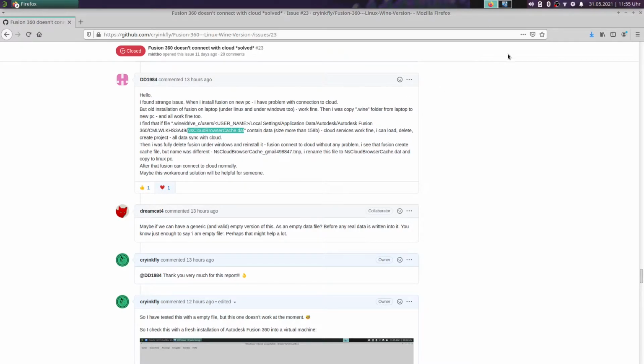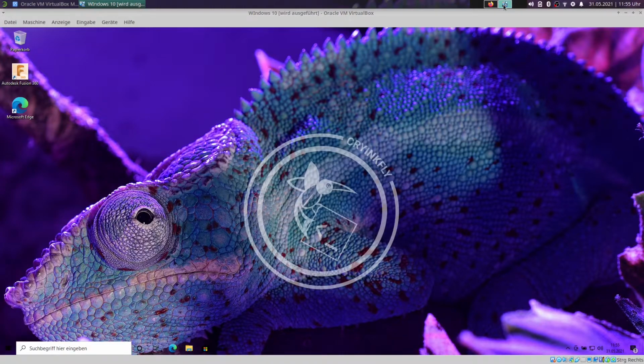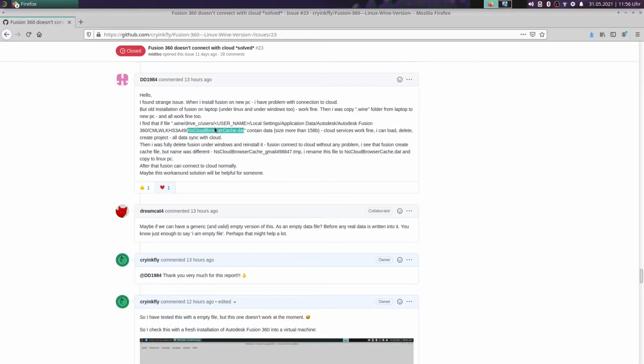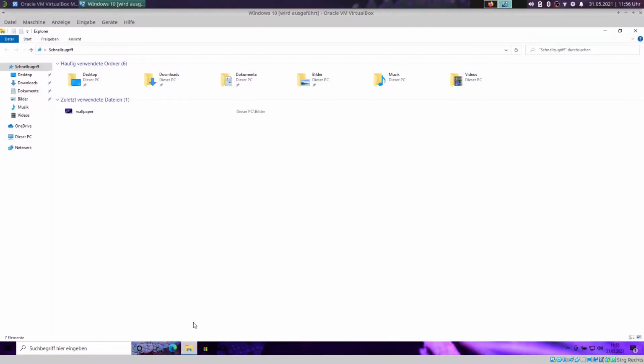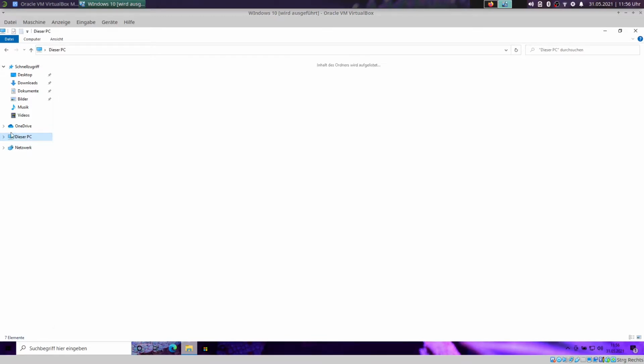I change my workspace to this one, and here you can see that I have installed Windows in a virtual machine, and I have installed Autodesk Fusion 360. When you have logged in to Autodesk Fusion 360, it creates this file. Okay, so you must open your browser, go to this one here,